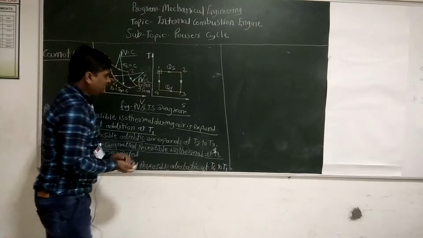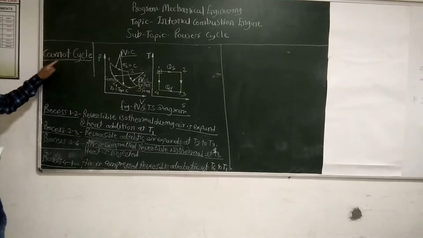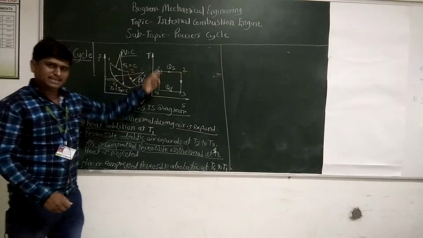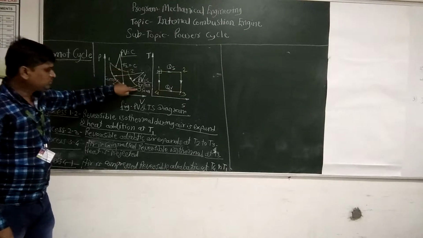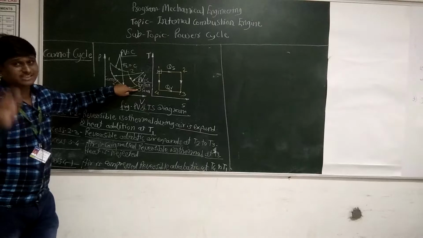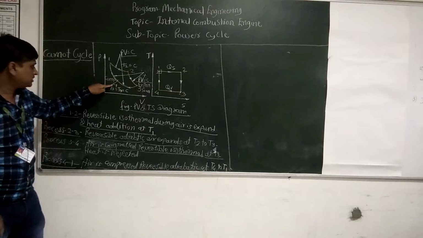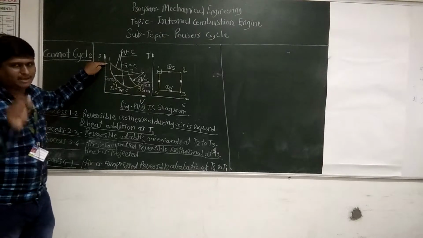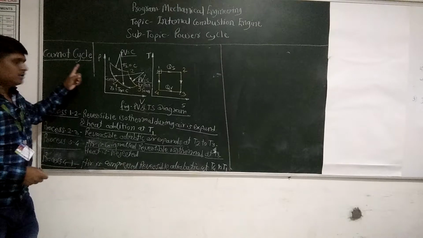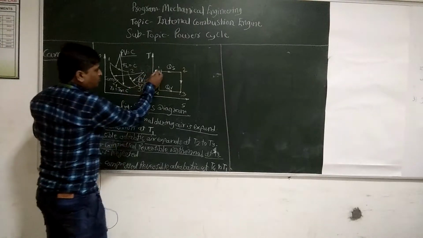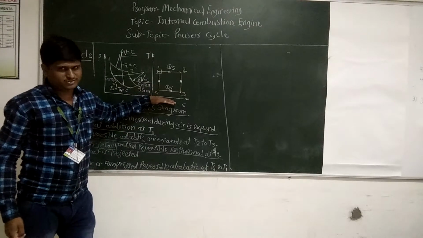Air is compressed in the reversible adiabatic process between temperatures T4 and T1, as shown in the PV and TS diagrams of the Carnot cycle. Process 1 to 2 is reversible isothermal, 2 to 3 is reversible adiabatic or isentropic, 3 to 4 is reversible isothermal, and 4 to 1 is reversible adiabatic or isentropic. These are the 4 processes included in the Carnot cycle. Points 1 and 2 are at constant temperature, and points 3 and 4 are also at constant temperature.